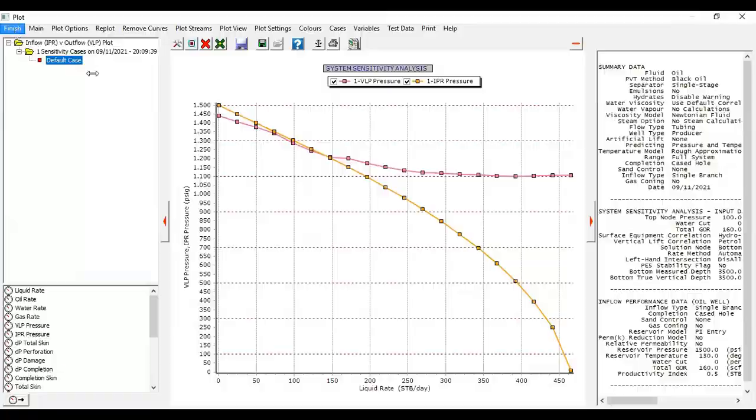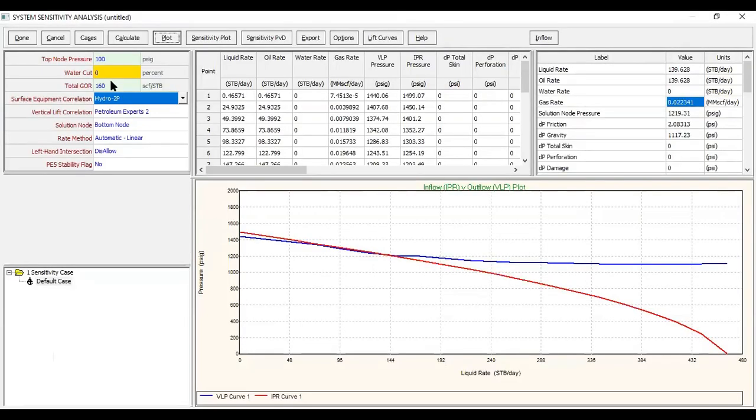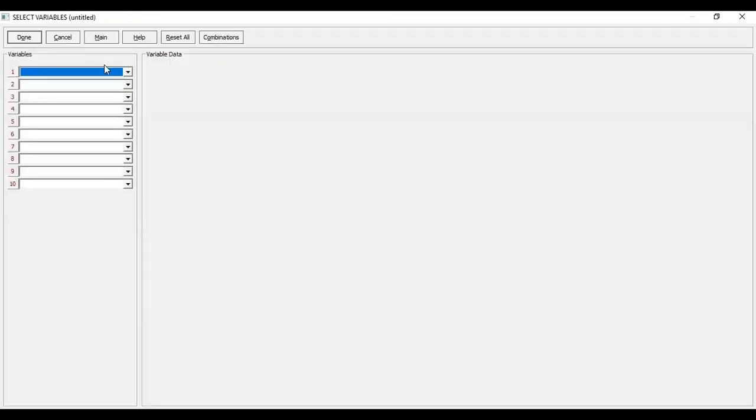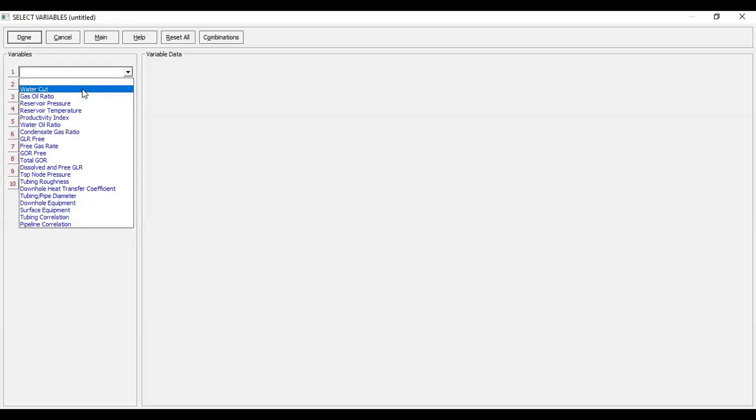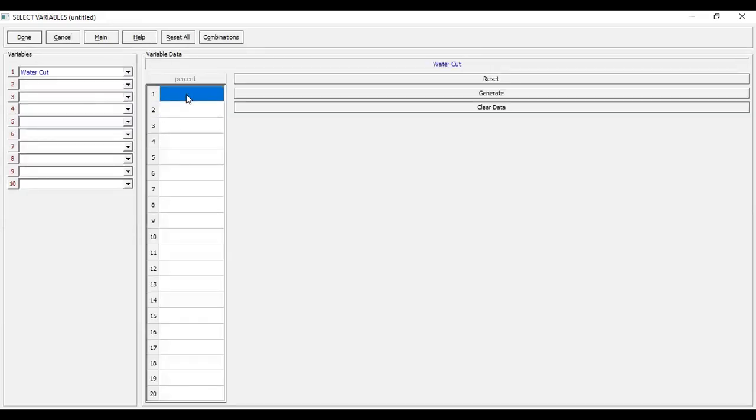But of course, water cut will increase. Let's say I make cases and vary the water cut. We only have 2 water cuts, 0 and 80.